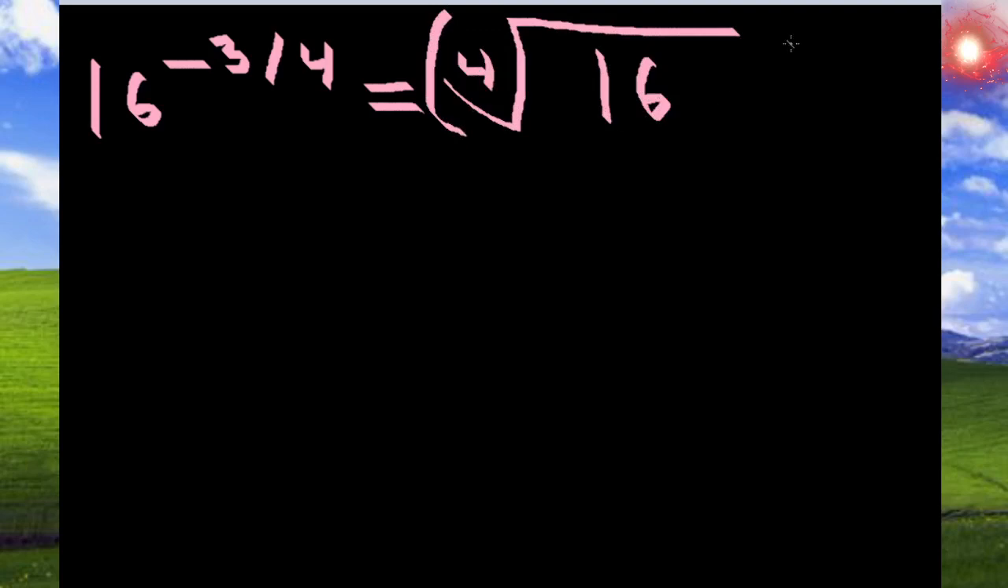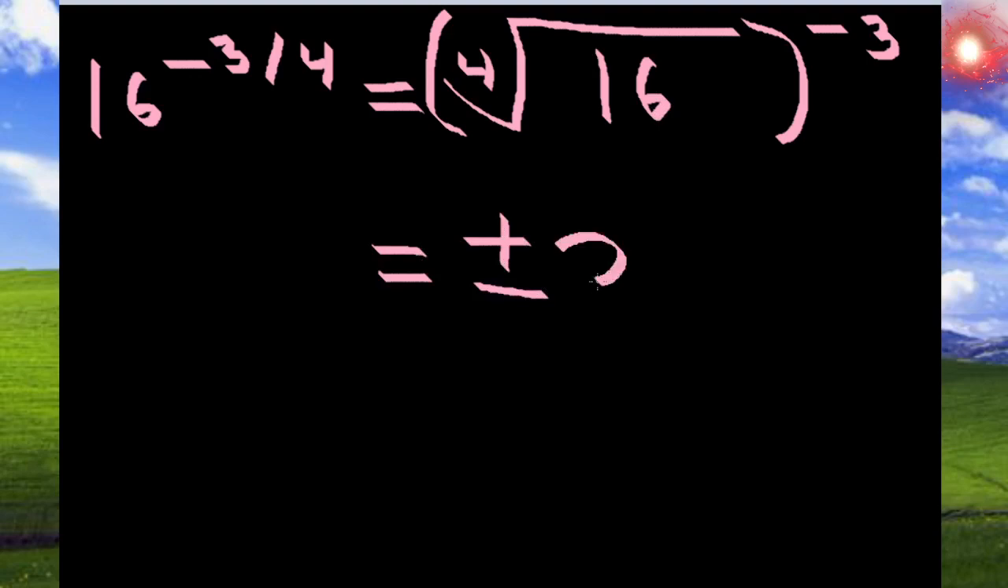What this means is the denominator of the exponent, this number here, means we're doing the fourth root of 16. So we have the fourth root of 16, and then all that to the power of negative 3. Since 16 has an integer fourth root, that being 2, also negative 2, we have to put plus or minus. So this is equal to plus or minus 2